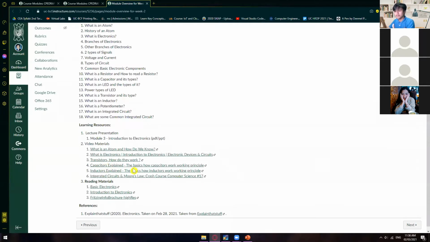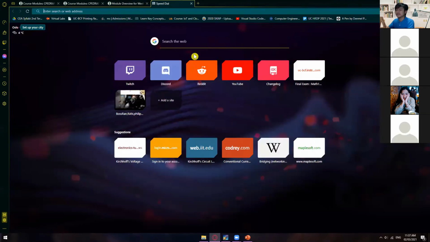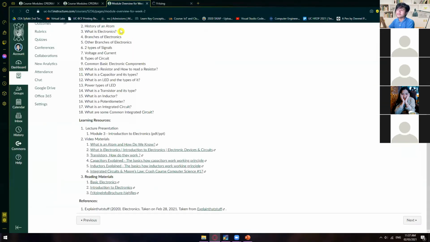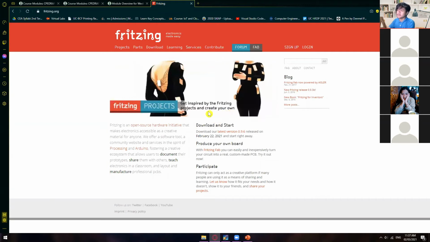And then I have also included here reading materials, a guideline on how to use Fritzing. Is there anyone here who has experience in using Fritzing? Have you guys heard what Fritzing is? No, sir. Familiar lang, sir. Familiar? So Fritzing is actually similar to EagleCAD, but this one is